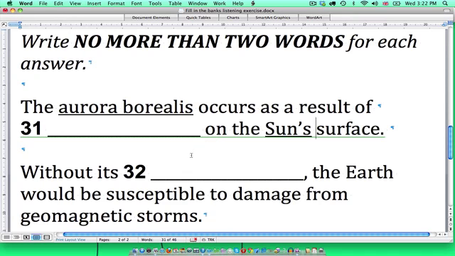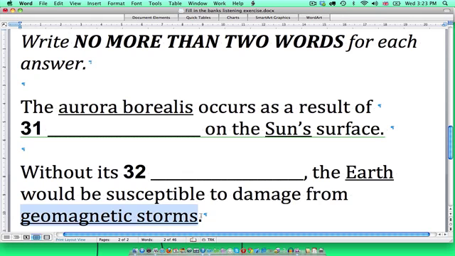Okay, now the second question, question 32, without its blank, the Earth would be susceptible to damage from geomagnetic storms. I'll give you a couple of seconds to read that to yourself. Okay, now let's underline the words that we would anticipate hearing in the listening. So Earth, proper noun, probably going to come up. Geomagnetic storm,